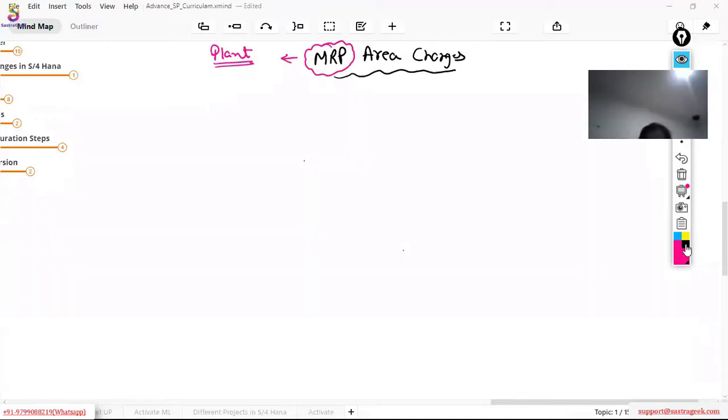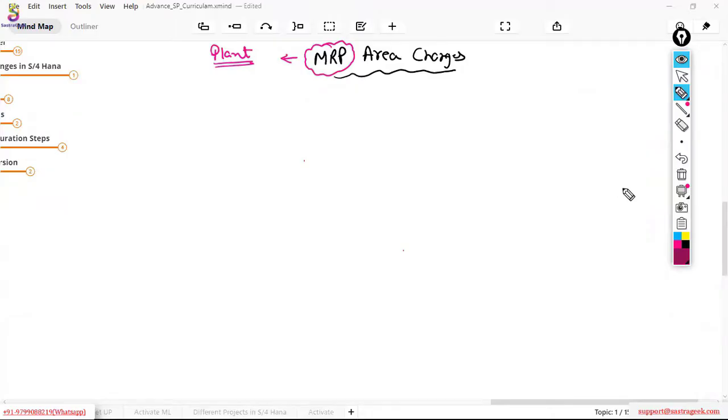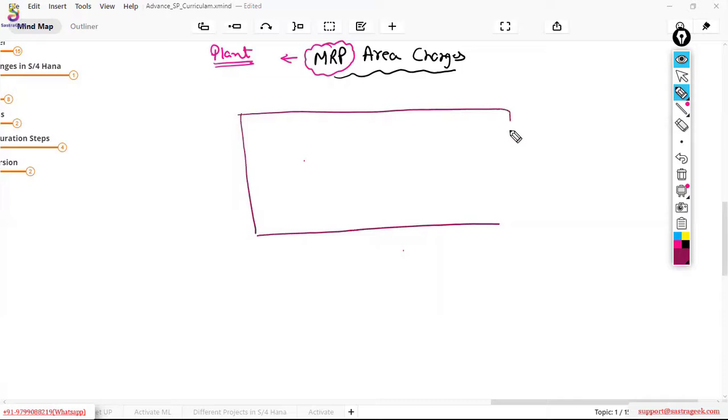So let's say this is your plant, right? And in this plant, it is a single plant, but you have two separate lines manufacturing different products.